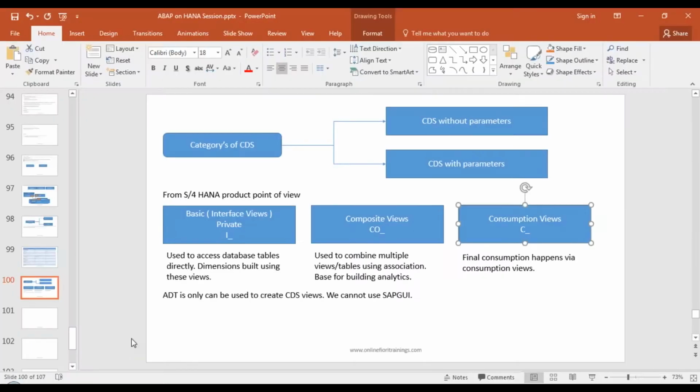Let it log in. So again, CDS is an extension of SQL. So it's an extension of DDL, DQL, and DCL. DDL means data definition language. You can not just query the data from CDS, you can create the data also. You can create the tables, you can create the views. All that is possible because CDS has the capability of DDL. Majorly, CDSs are used for DQL, data query language, where you want to query the data in a way that it does the code pushdown to the database layer. And then you also have authorization control using DCL, data control language, which we will see how to restrict data access via CDS views in our ABAP on HANA server.